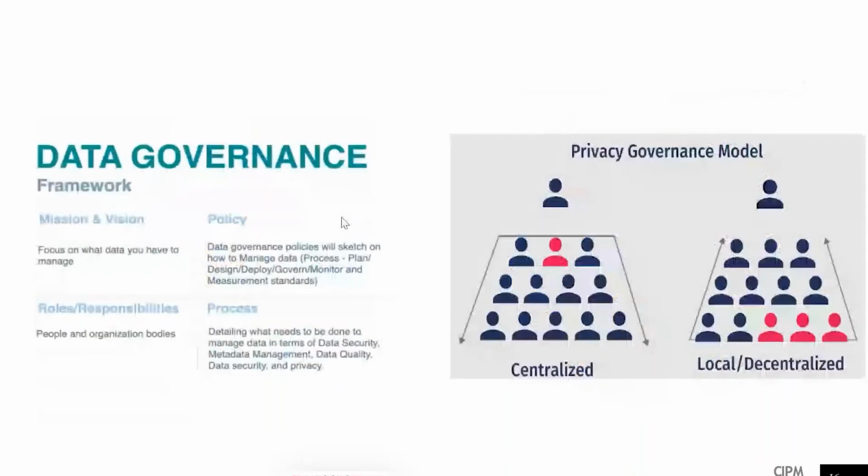This is the data governance. In data governance, I'd like to highlight two important things. One is a centralized model, and the second is the local or decentralized model. The third model is called a hybrid model. With these three models, you can choose the model which is most applicable to the organization's philosophy,